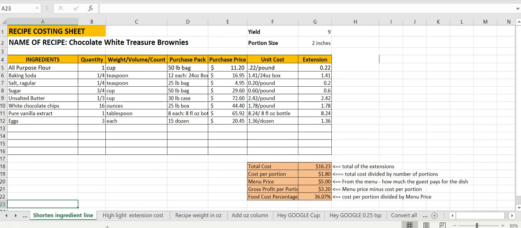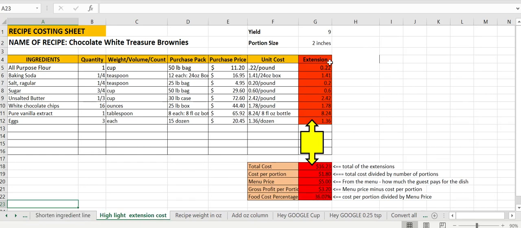The next thing that we're going to do is talk about the extension cost. On this recipe template sheet that you have, this column is linked to these cells. So when we change numbers in here, they automatically adjust to the numbers down here. So I'm going to show you guys another way to figure out the cost for this and how to change the numbers in here so they automatically adjust down here